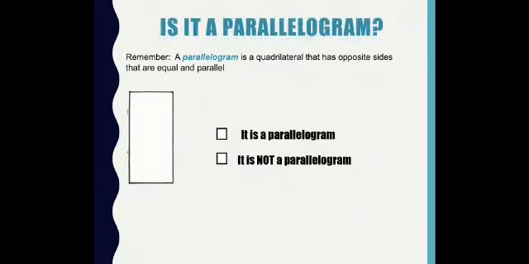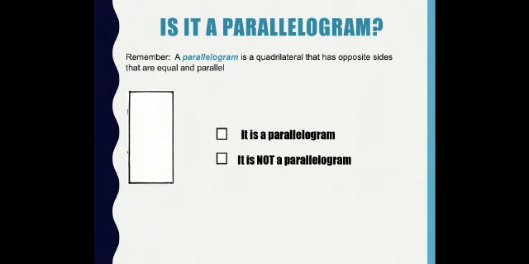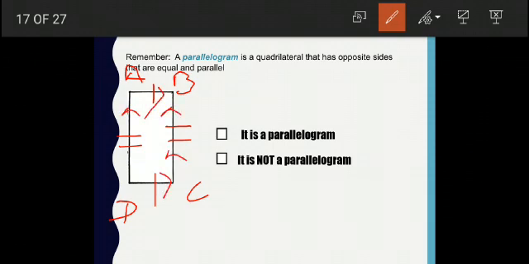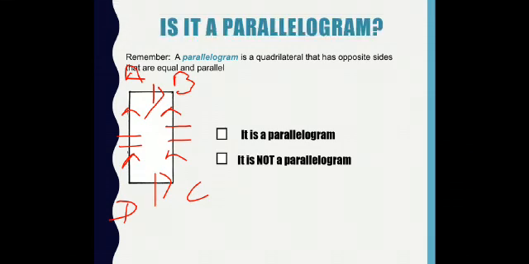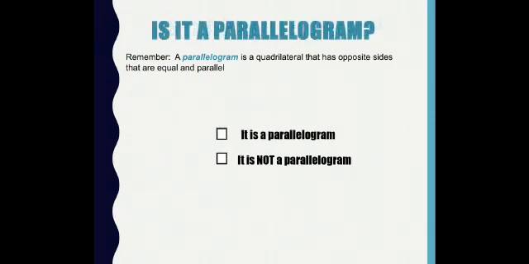Now, the next type is a rectangle. If I name it ABCD, you can see the opposite sides are equal. Yes. And opposite sides are parallel. Yes. So we can say that a rectangle is also a kind of parallelogram because its opposite sides are equal and parallel. The next figure in front of you is a trapezium.